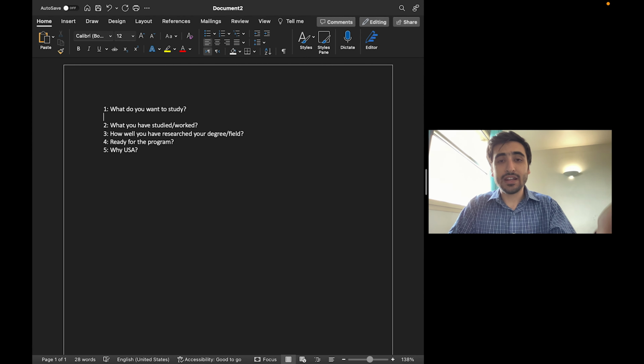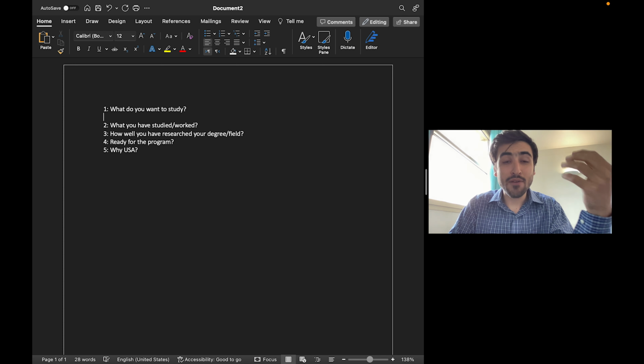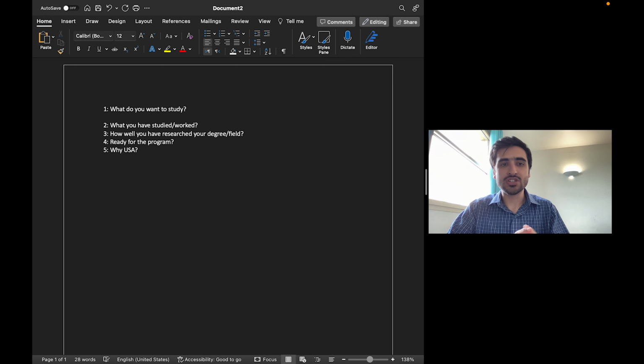So, for writing a very effective research statement, you have to particularly answer these 5 questions. Now, it's not necessary to answer these questions in a particular way or in a particular paragraph. The sequence can be changed, but it's very recommended that you follow the same structure that I am drafting here for a well drafted research statement.